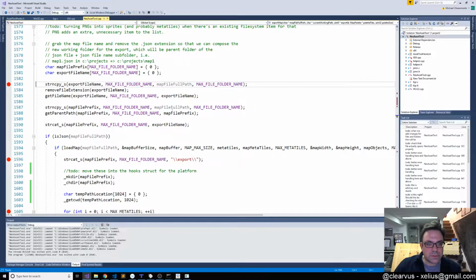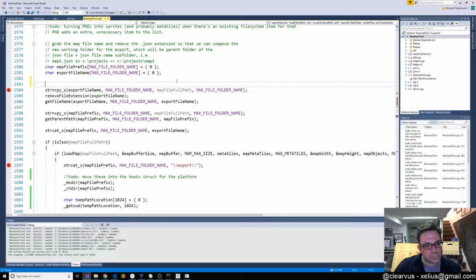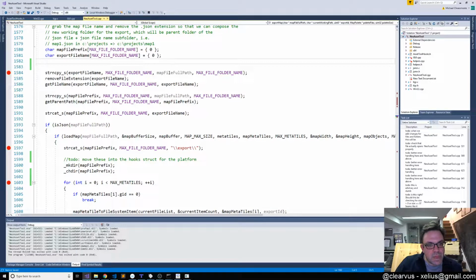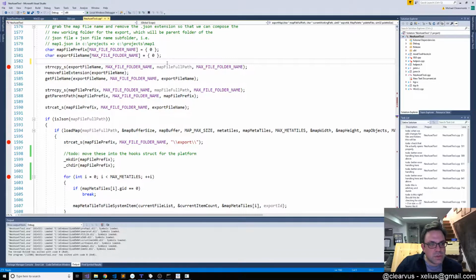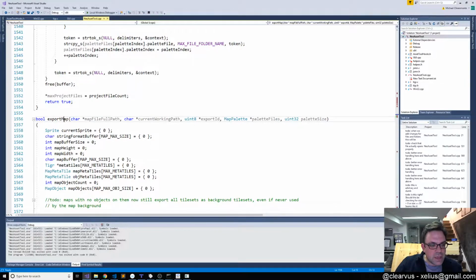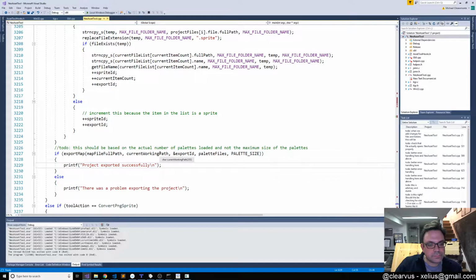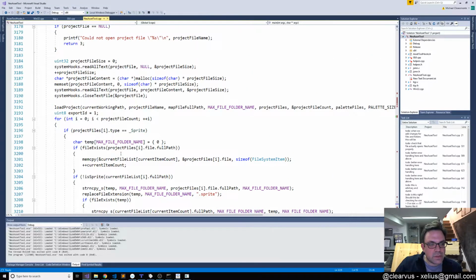So let's do this. That's not actually a full path. How would I check that? Or how would I know how to get the current directory, and I know what map file full path is. What I ideally should be doing, I guess, is before calling this export map, I should be getting, converting that to a